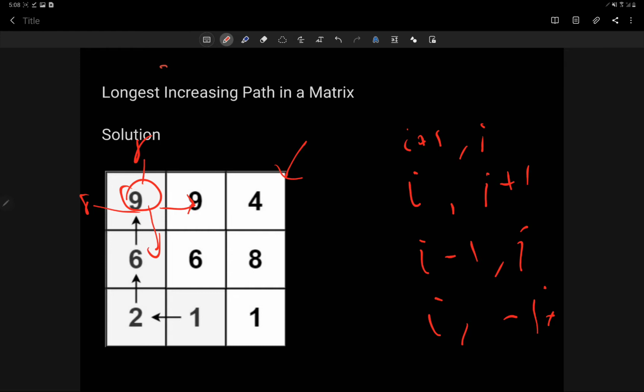Now the problem with this approach is, no doubt the answer will come, but it would redo computations that we have already calculated. Suppose we are at a position here, and we have computed its result, like from 6 to 8 we can go.